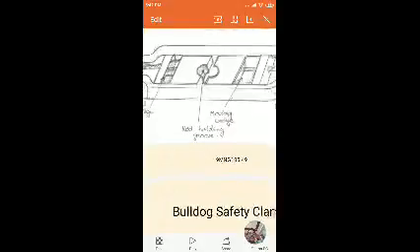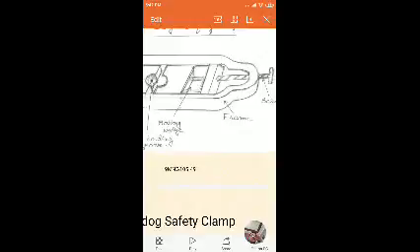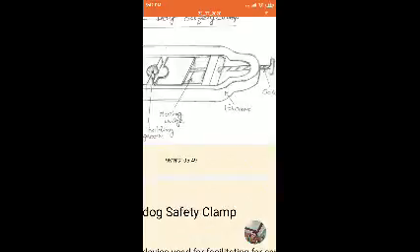Another one is the moving edge. It is attached with the screw rod to the frame. If you screw or unscrew, this moving edge will move forward and backward.